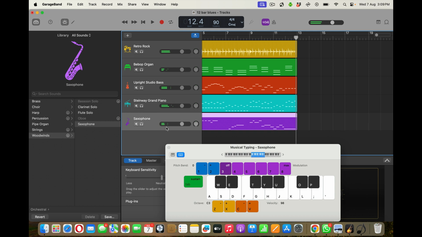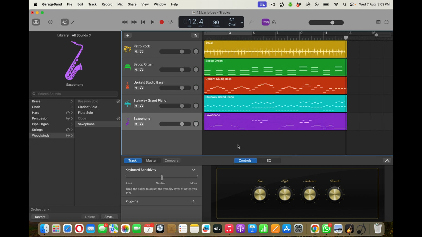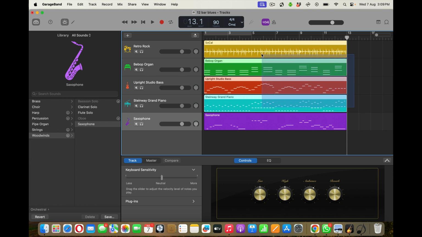Now, not the greatest work I've ever produced, but it will work, it will fit underneath, and for the sake of time I'm not going to go back and revisit it. Now all I'm going to do is I'm going to do a new improvisation under the next 12 bars of work. So all we're going to do is take these,